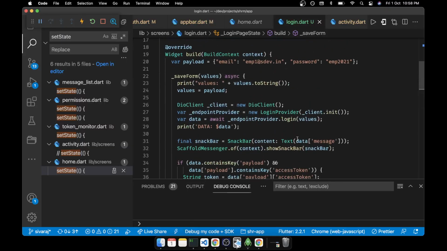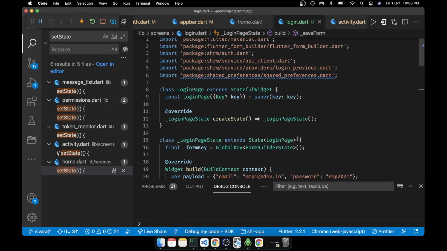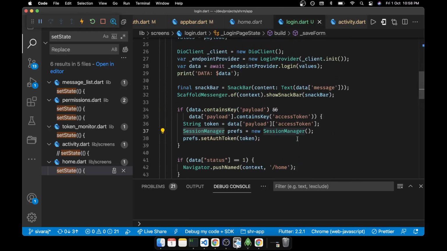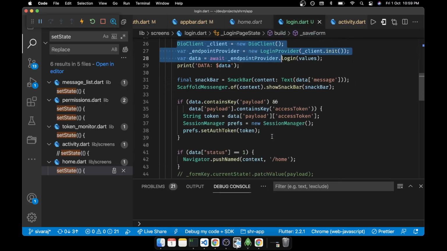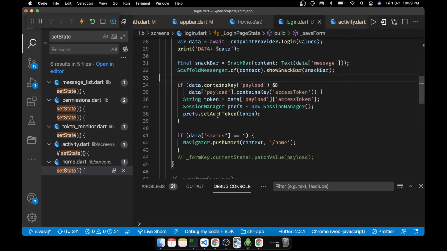Yeah. So basically we have done very simple things only. See what we have done: we have called some function at the time of submit, calling the provider, and this API has been implemented. Once the API is implemented, we are getting back the data. To check whether the keys exist or not, we are using contains key.